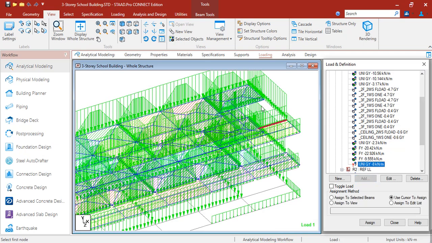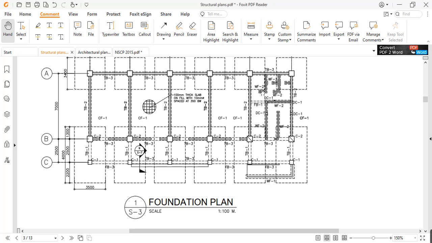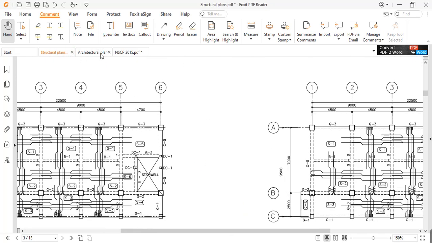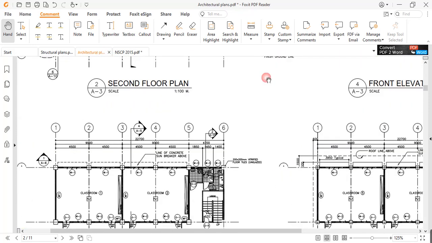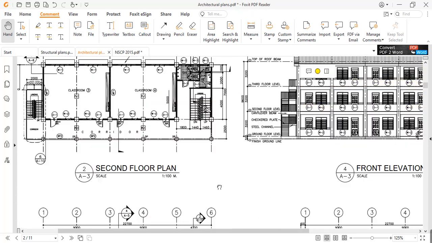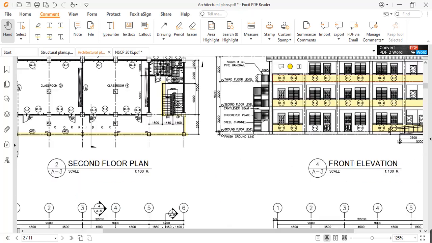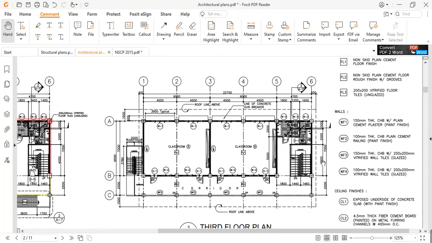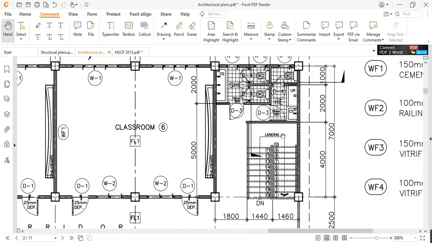Okay, so let's now load it to our stairs. So here, and let's check the landing in our architectural plan. So from the ground floor, this is the second floor, then the third floor.